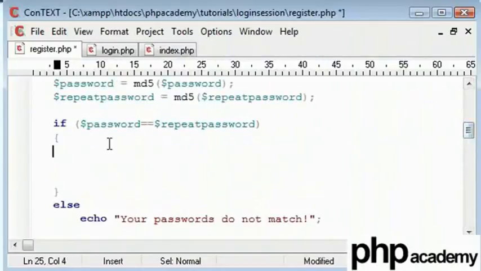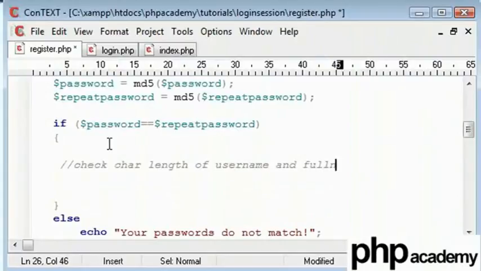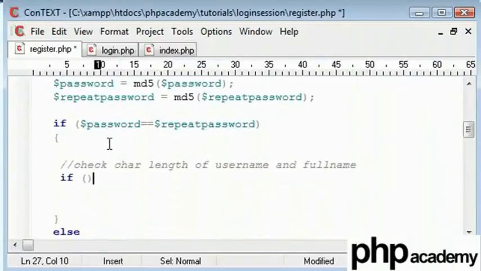So, you can type here and we can keep checking your character length. Now, to check the character length of username and full name, that is going to be what we said before.